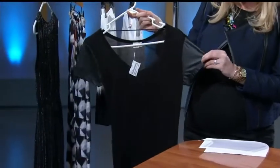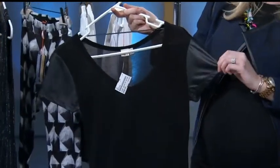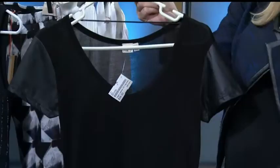Okay. And we have mesh details, which is more of a play off the sporty trend. So this one is a more minimalist way to do it. You can see the sleeve right here. So you could wear the all-over mesh top that we feature in Madison Magazine, which is all perforated, but this has a little sleeve detail. Again, just a way to incorporate the sportiness and lightness of spring in your wardrobe. And if you wanted to wear a lot of black or white, you might want to do a bright handbag. Is that what you're...